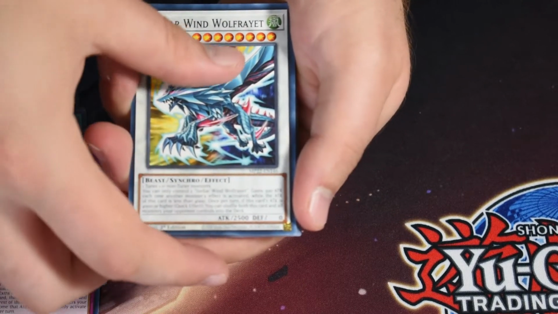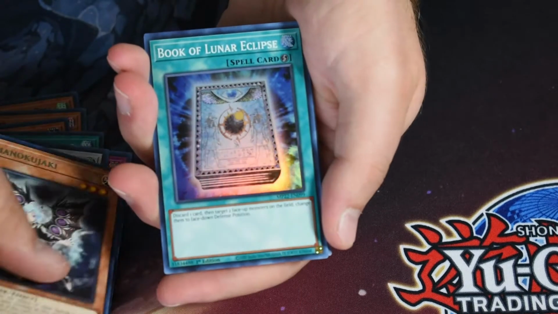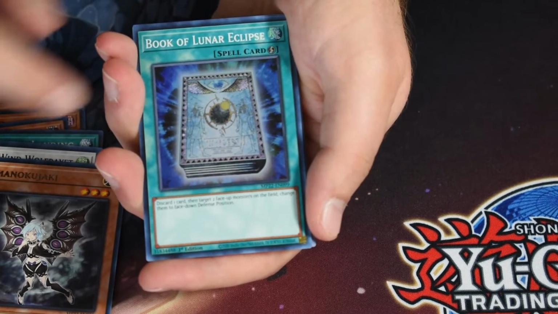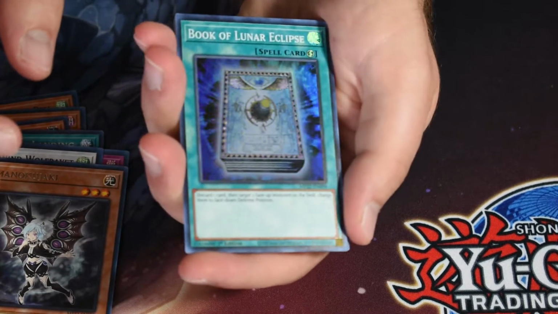Well, a very niche card that some decks use. Nice to see it as a common. Our rare here. And then our first super, Book of Lunar Eclipse. I really love the secret and the Starlight printing of this. A very beautiful card. I just think almost super does it a little bit of an injustice, but still looks